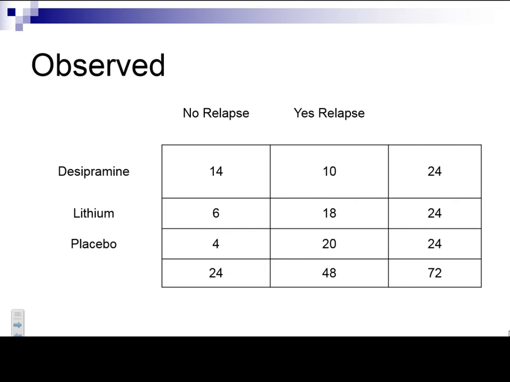Now this was a little sketchy, right? Like a third of them were no relapse and two thirds were relapse, but whatever. Those were the numbers. This was what was observed. Okay? Now, you can already see that you're going to be doing a chi-square,